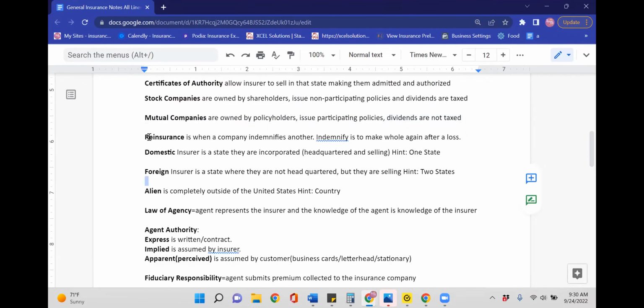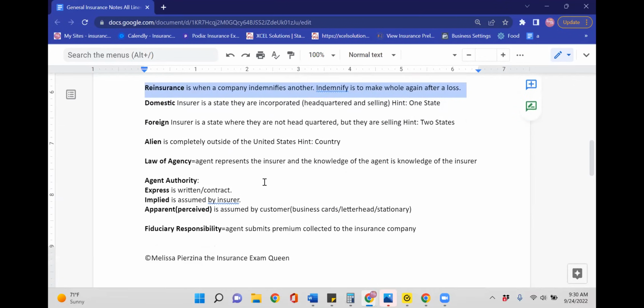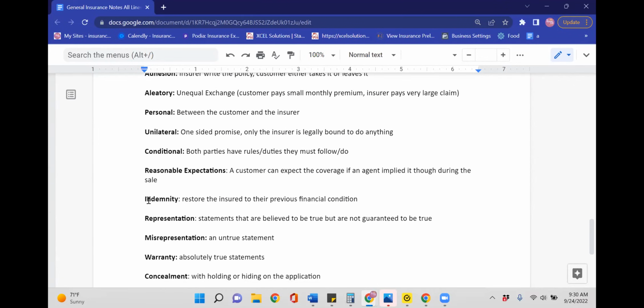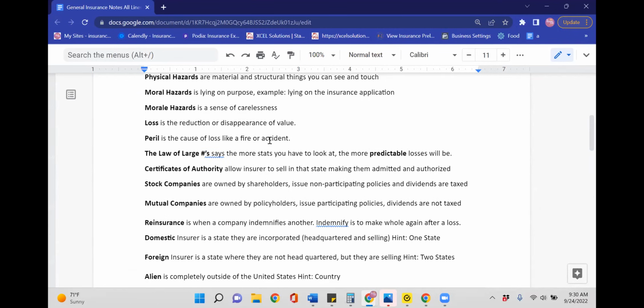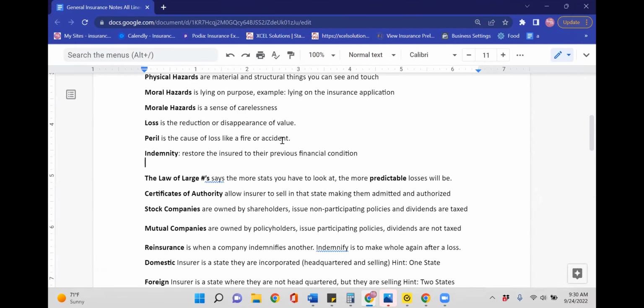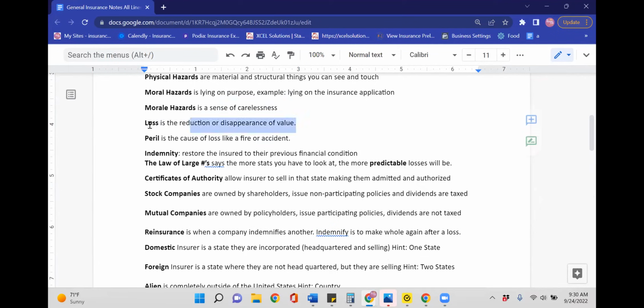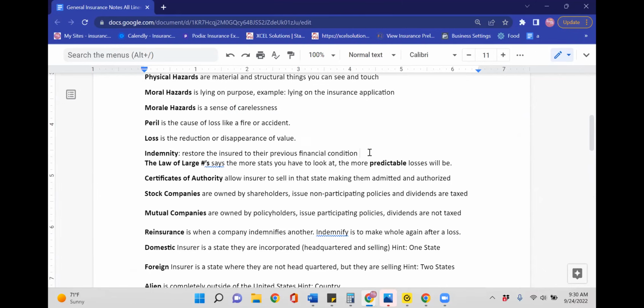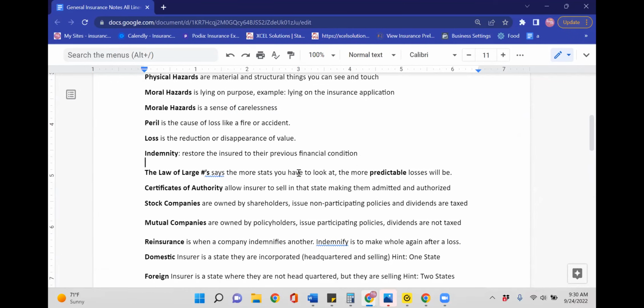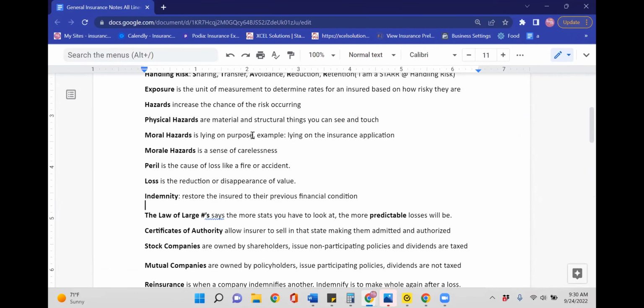Okay. Now, reinsurance, and in fact, actually, we need the word indemnity. The word indemnity is down here. We're going to put that up here. Actually, indemnity should go here. Thank you all for the patience, we're trying to make better notes. And these will all be, because it's a link, when you get it, it will be in this order because it's automatically edited.